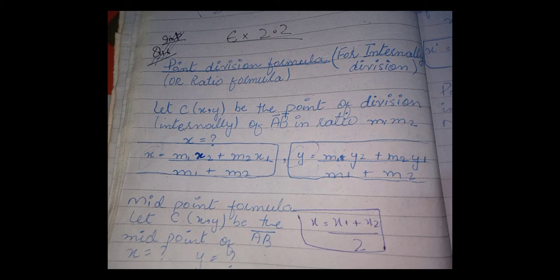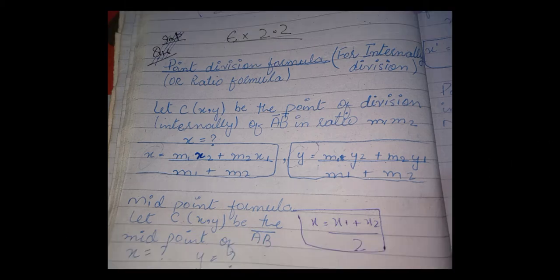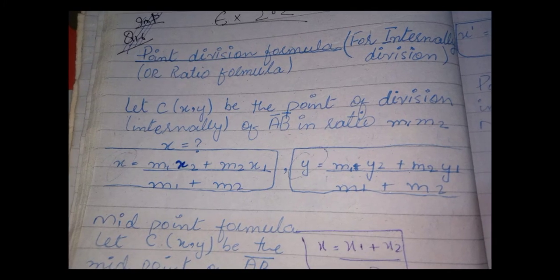If we have a certain length of a bar, or anything which has a length, and we want to cut it, but we are not told to cut it into 2 centimeter and 3 centimeter. We are told to cut it in the ratio of 2 to 4, or something like 2 to 3. If we have a length of 5 centimeter, or a different length, we can cut it in the ratios.